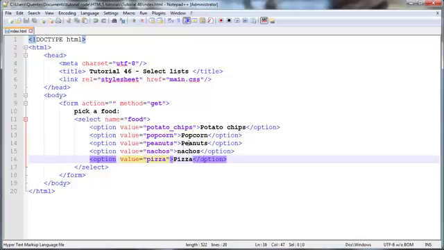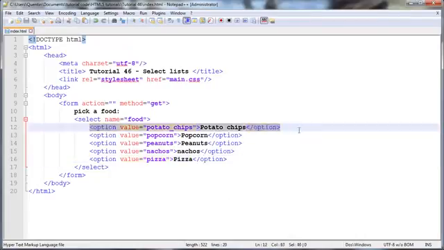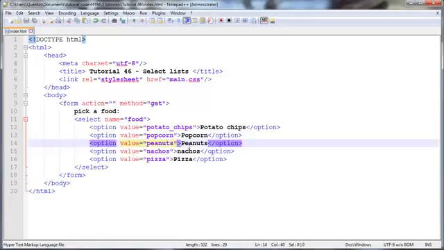Okay, and the first thing I'm going to show you guys is how to make something else appear as the default selected item. So remember, potato chips was the first selected item by default because that was the first option. But let's say I wanted peanuts to be the option that was selected by default. Then I could go ahead and add in a selected attribute, and I could set that equal to selected, and that means that this peanuts option is going to be the option that is